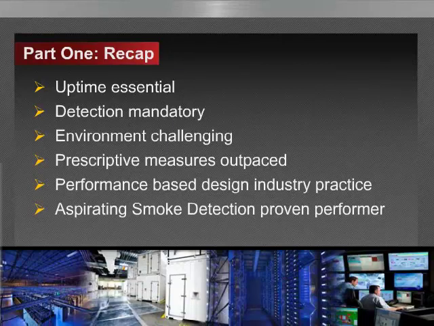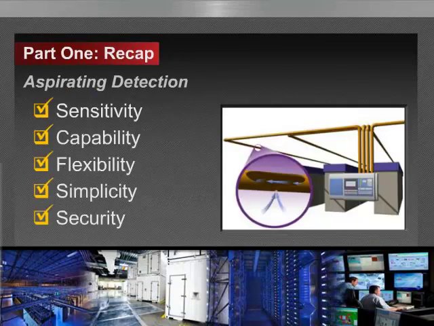So as a recap for those who may have missed part one, a typical aspirating smoke detector consists of sections of small diameter pipes with sampling holes drilled at regular intervals along the lengths. And an aspirating fan in the detection unit at one end of these pipes actively draws in air and smoke through the sampling holes towards the detection chamber, which is housed in the detection unit.